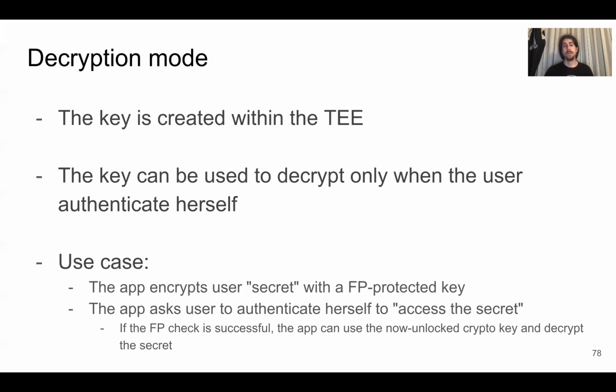So somehow the user logs into Square, and then there is some kind of token. And then for each transaction, the user will be asked, hey, do you want to authorize this? You press the fingerprint. At this point, the app can use the crypto key in the hardware to decrypt the encrypted token. You can do this because the fingerprint was correct. And after you decrypt this, you have the unencrypted token, and you can use this to authenticate. So you send this to the Square backend, and the Square backend knows, okay, this is the real token, so the user